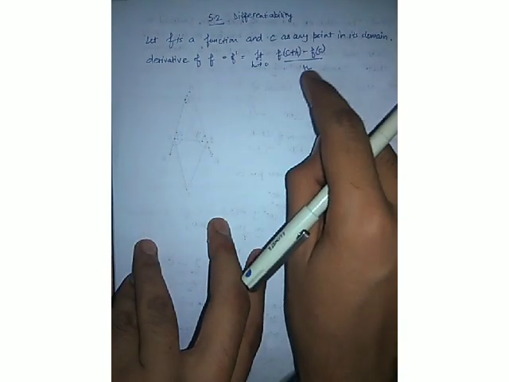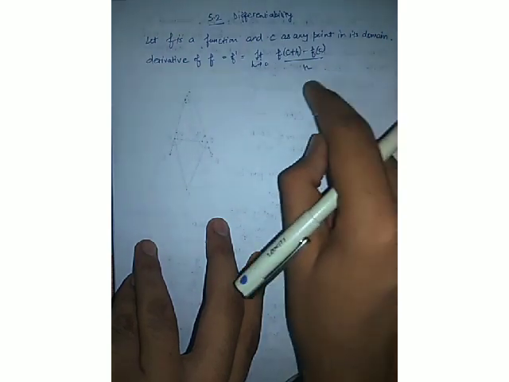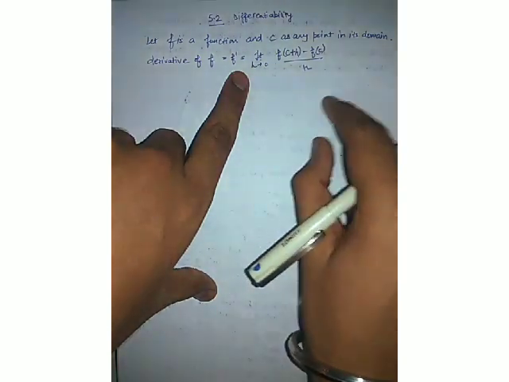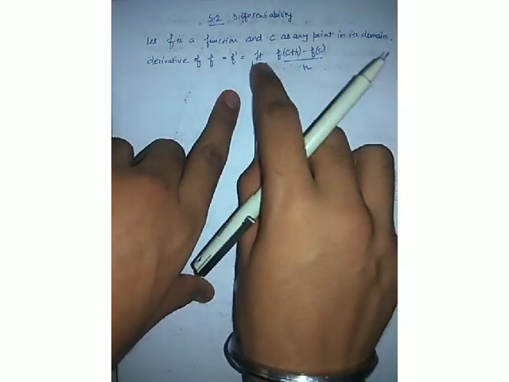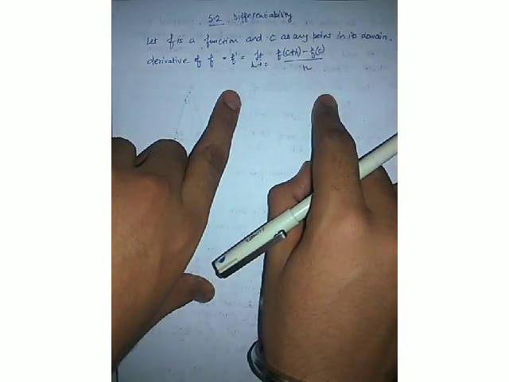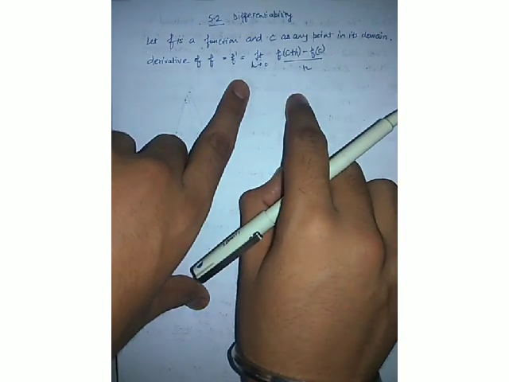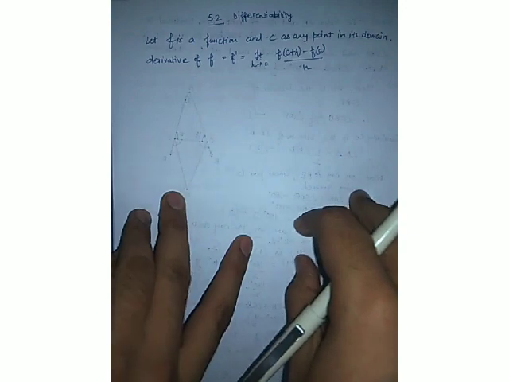Now what's h? The value of h is greater than 0, but it's very negligibly small. It's approaching 0, meaning 0.000 something, approximately equal to 0 but not exactly equal to 0. So don't get confused about what h is. In the continuity chapter h is explained very well. Otherwise the derivative's definition is not that much needed in this topic under differentiability.